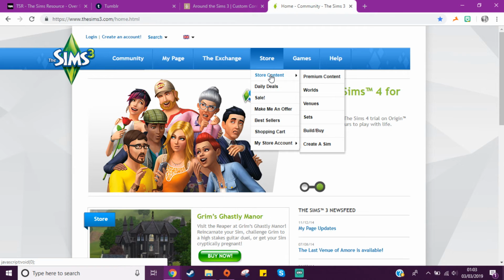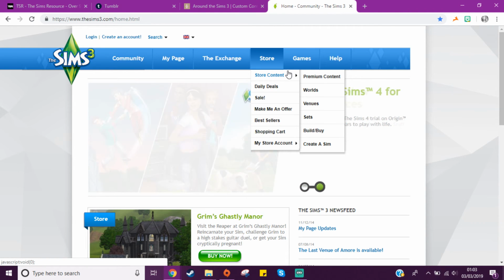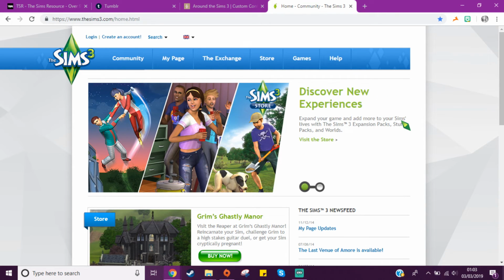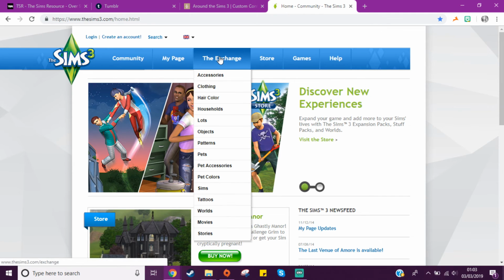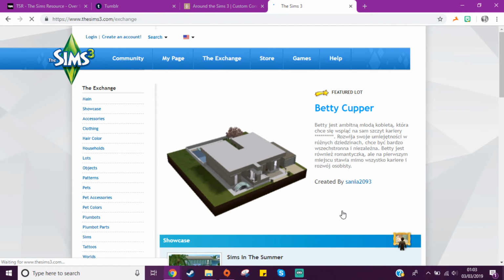You can buy Sim points on Origin. I'm pretty sure that they do it free now. But you can also get other worlds and stuff like that from here, either with real money or by using Sim points. Now, if you go to the exchange here, there's normally lots of Sims and houses that have lots